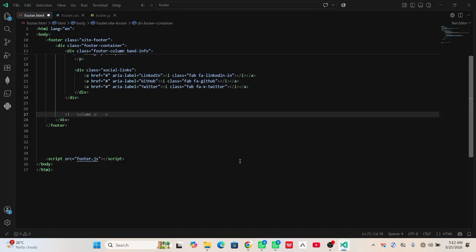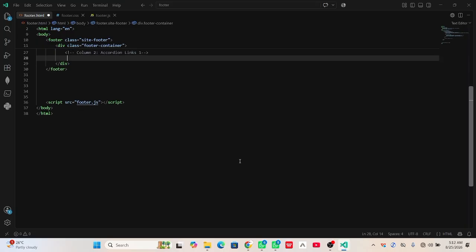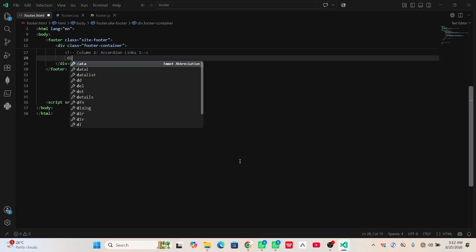So for column 2, I'm going to name this one accordion link 1, and then I start div dot